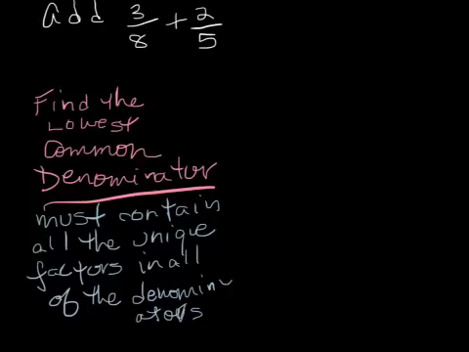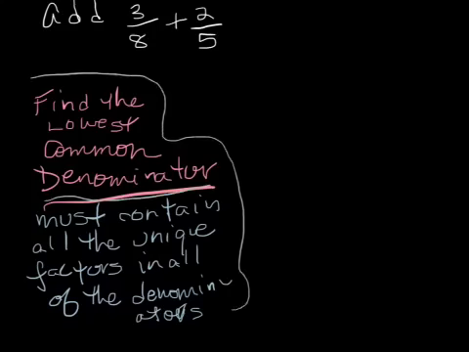So suppose we want to add the fractions 3/8 and 2/5. Well, what we have to do first in order to add them is to find the lowest common denominator. And that's the denominator which contains all of the unique factors in each of the denominators. So for example, if we want to add 3/8 and 2/5, our lowest common denominator first needs all the unique